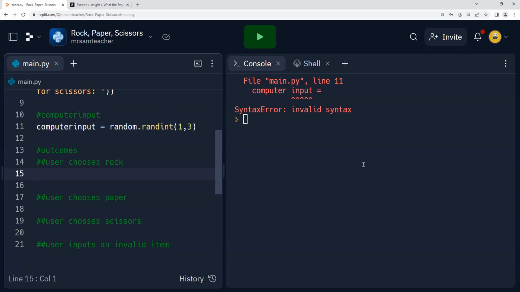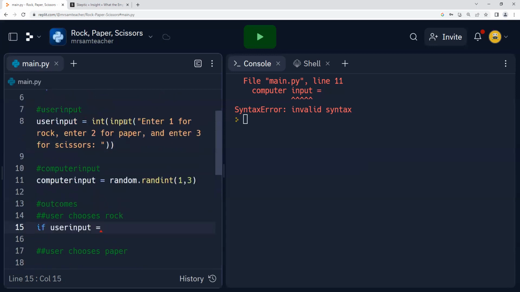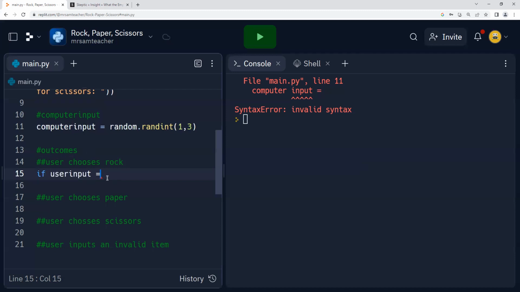So for example, I'm going to go ahead and write a piece of code right here, and we're going to go in depth about it and further explain it. So if user input equals, will this work? No. Because when we write equals in Python coding, that assigns a value. If we actually want to write equal like the conditional operators and the mathematical operators that we learned about last time, then we want to put two equal signs. This means equal. It might get a little confusing, but remember, one equal sign assigns a value to a variable. This is saying whether it's equal or not.